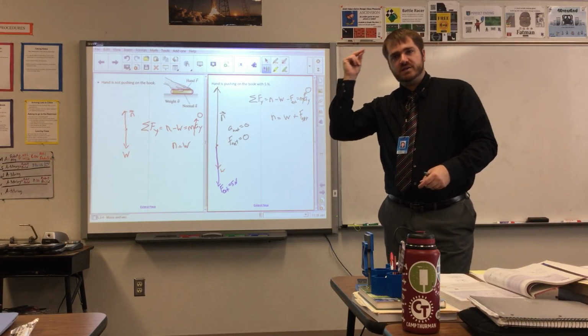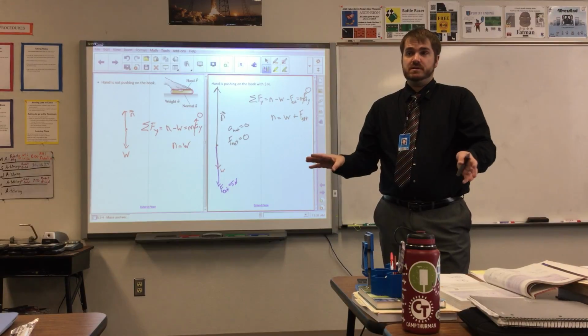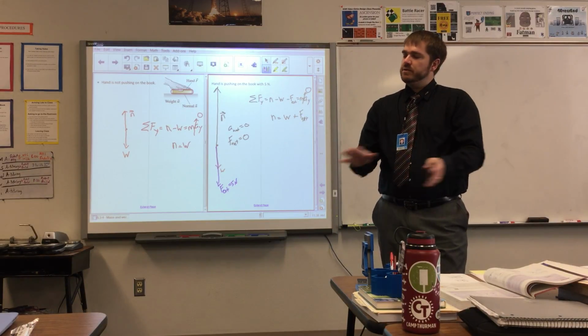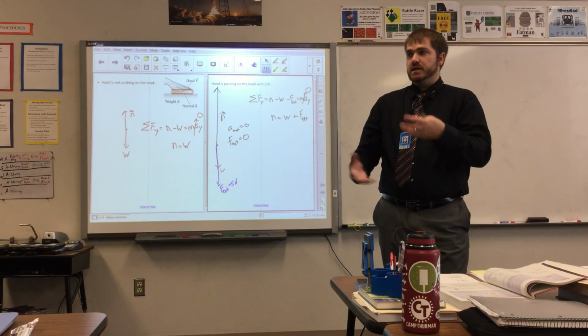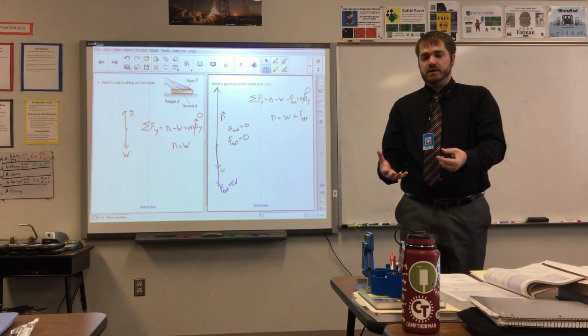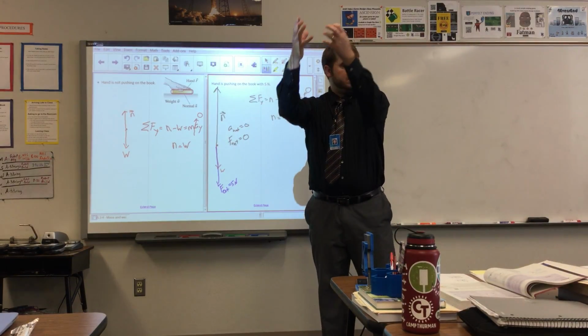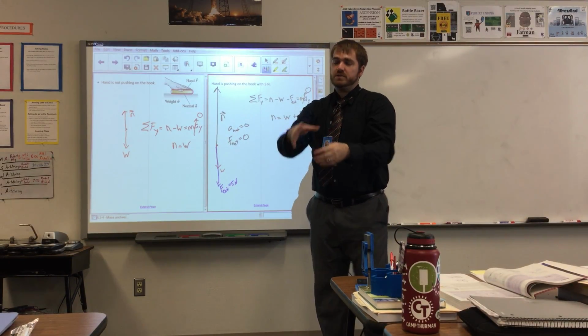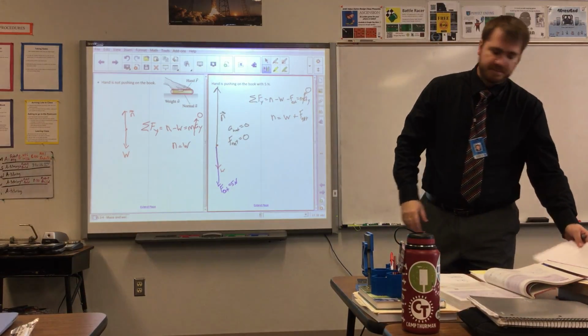You can't just always say normal force equals the weight, because it doesn't. In fact, I think a couple of y'all asked me that. I said, no, the normal force does not always equal the weight. You have to calculate it based on the weight, based on whether or not it's moving up or down, whether or not it's accelerating, and also if there are things literally pushing or pulling on it.